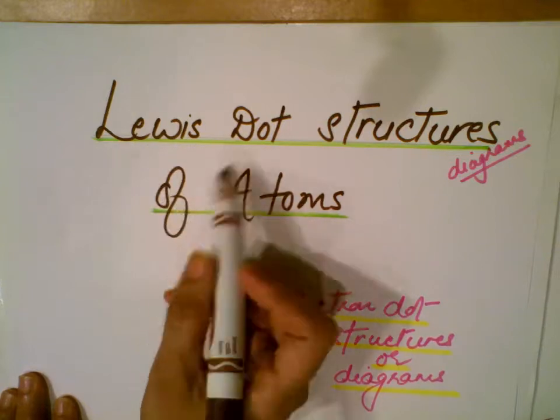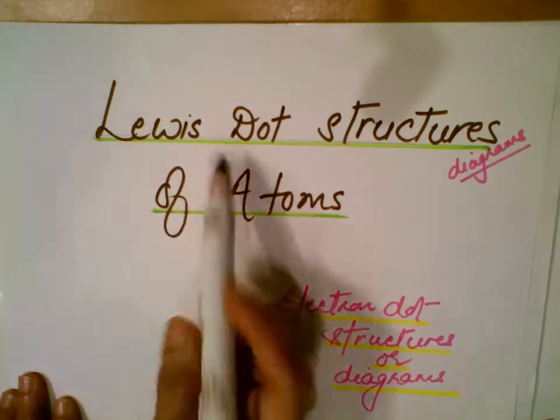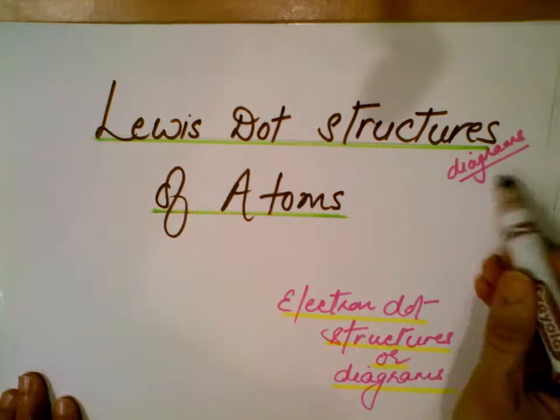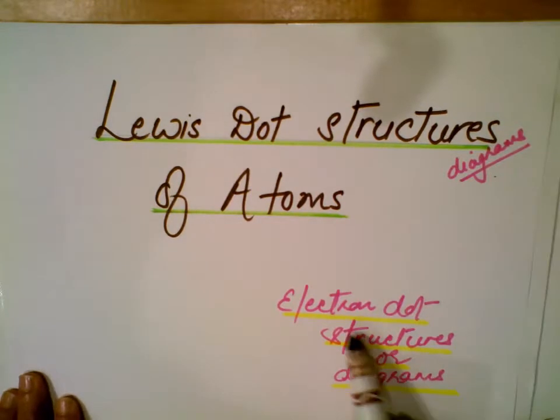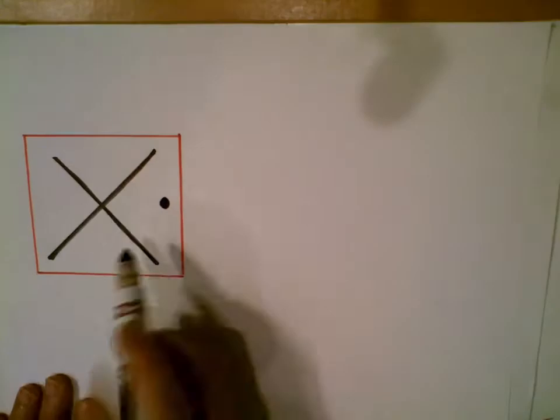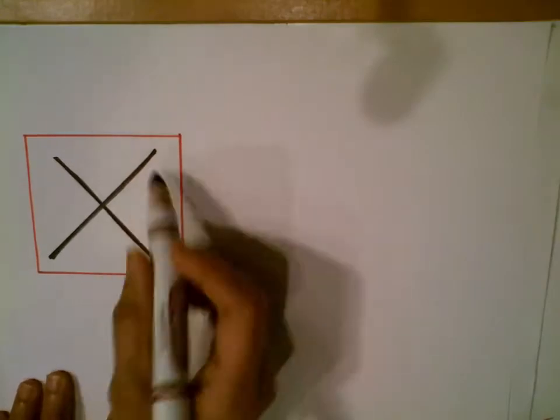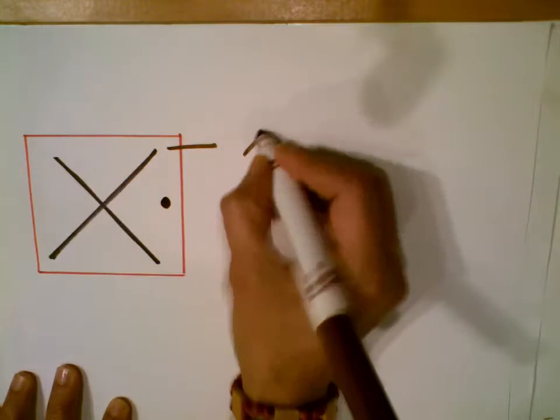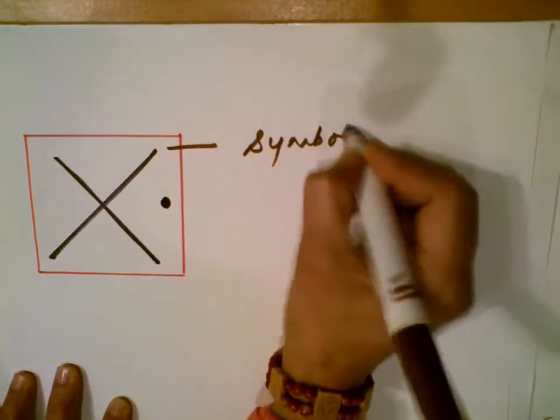Lewis dot structures of atoms first. Lewis dot structures are also called Lewis dot diagrams, and sometimes they are also called electron dot diagrams or electron dot structures. So how do you represent them? So any element, so this X represents the symbol of element. It could be any element,